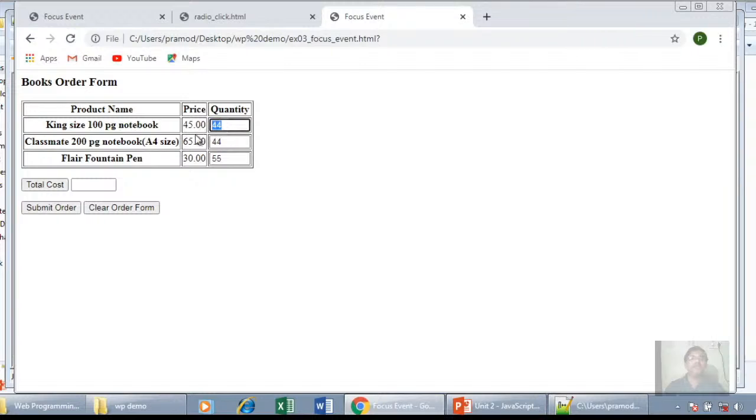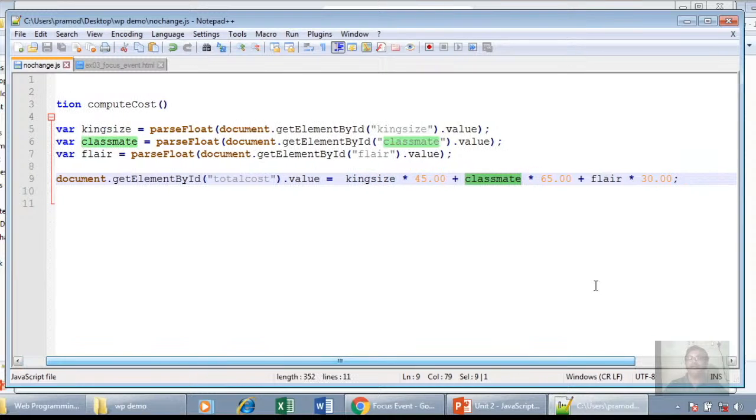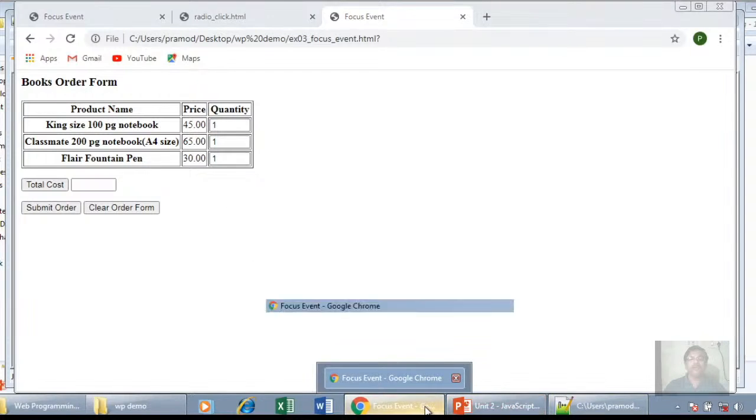So here, I will just change it. It is a little bit bigger value: 1, and here also 1, and it is also 1. That means these values are extracted and stored in the variables in JavaScript. So I specified king size quantity as 1, classmate quantity as 1, and flare quantity as 1. So here it is 1 1 1. So when I click on the total cost button,